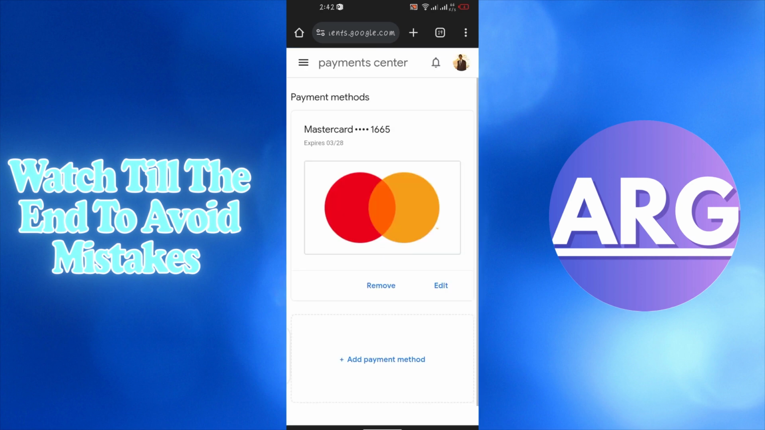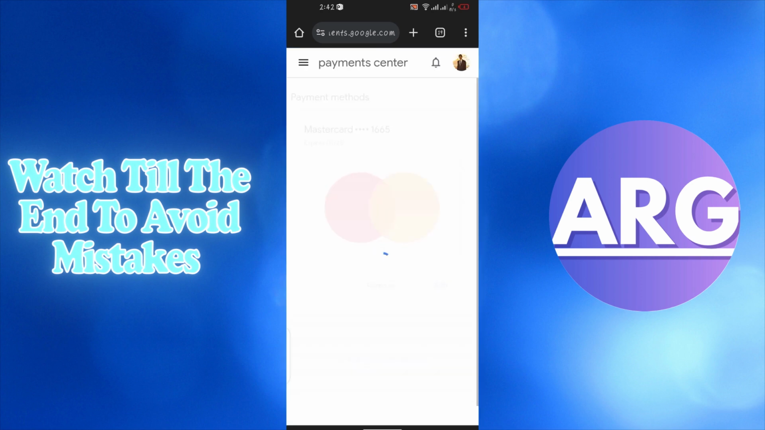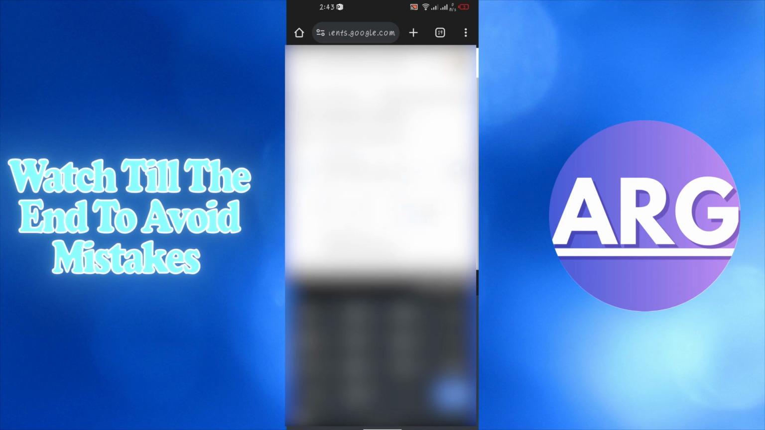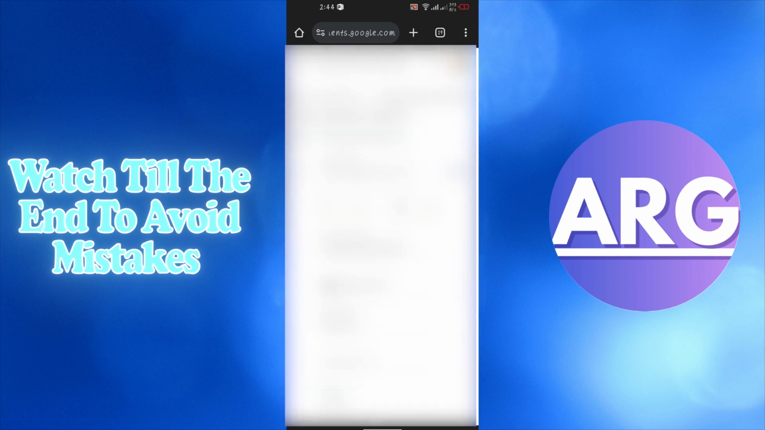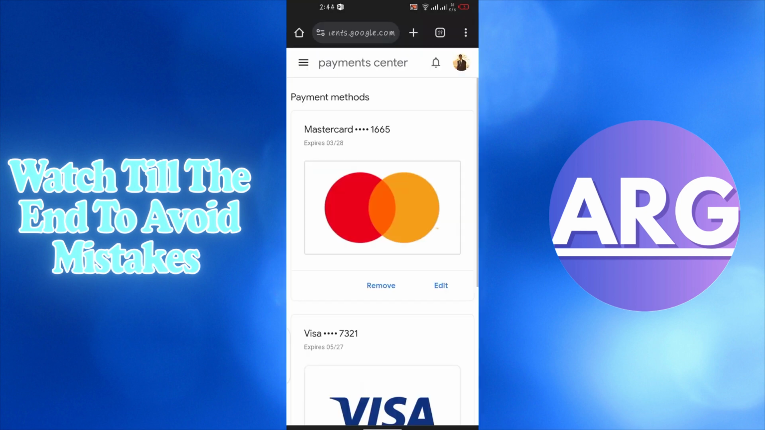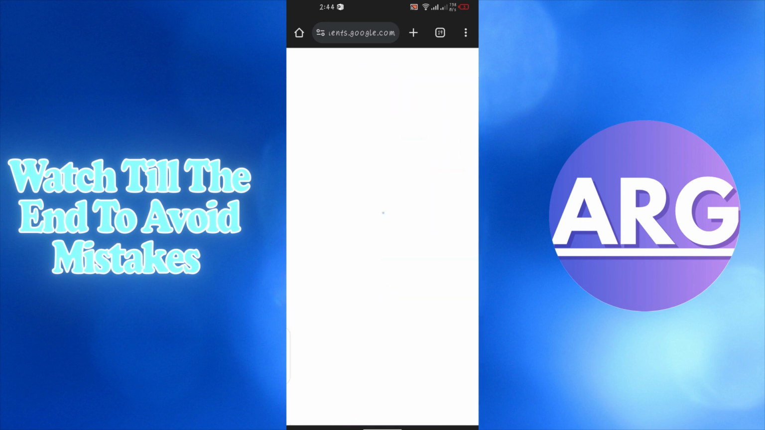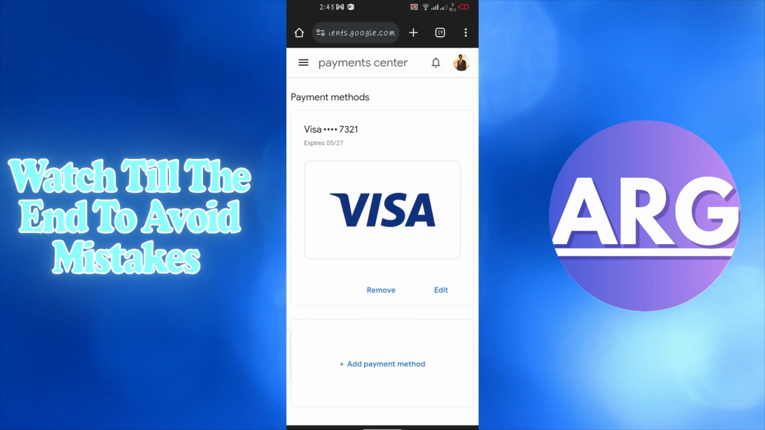Here you can add another payment method. Click on Add payment method and give all your card details. After giving your card details, you can remove your previous card by clicking on Remove and removing your card. Here you can see now we have only one payment method, the one that we just added, and